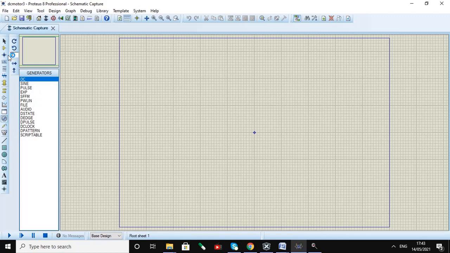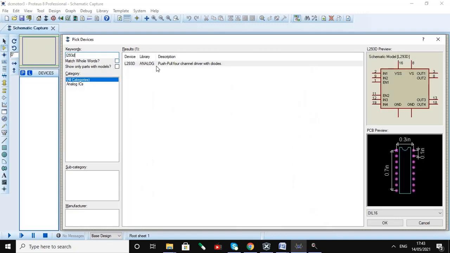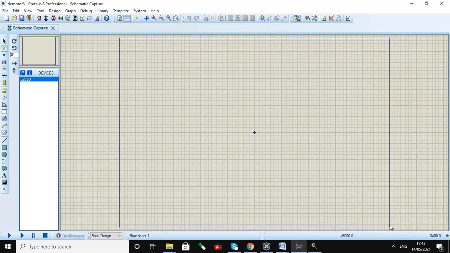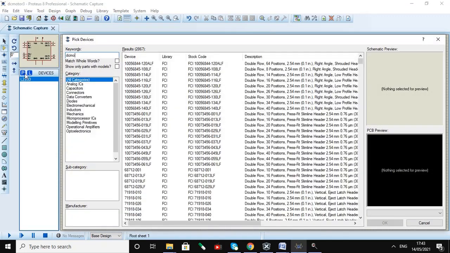Now go to the component mode and select the required component, L293D. This is the driver IC. Click on OK, take the IC, then go to the component mode, then DC motor.